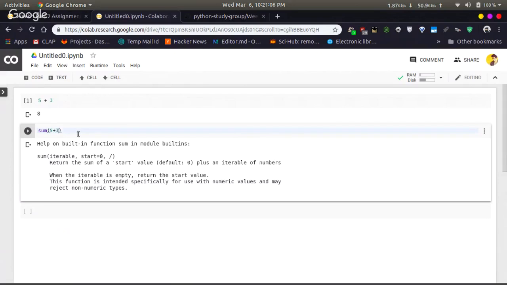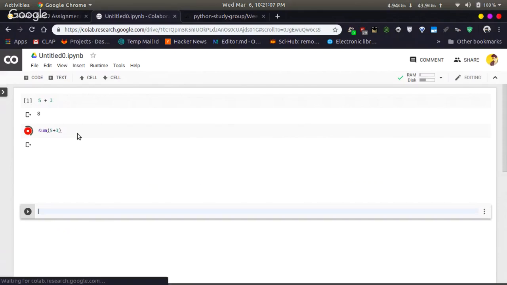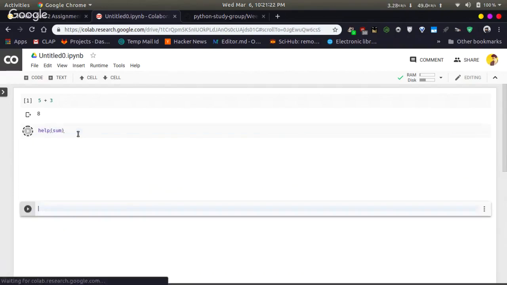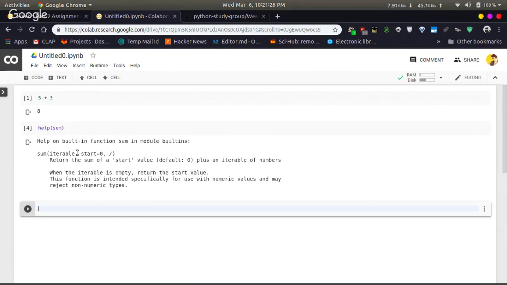See, when we type help of sum, you can see that it takes an iterable.